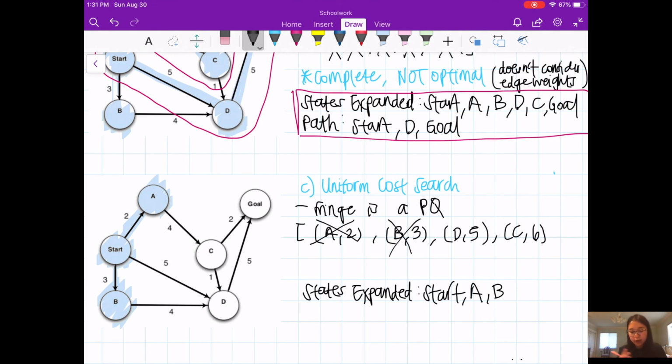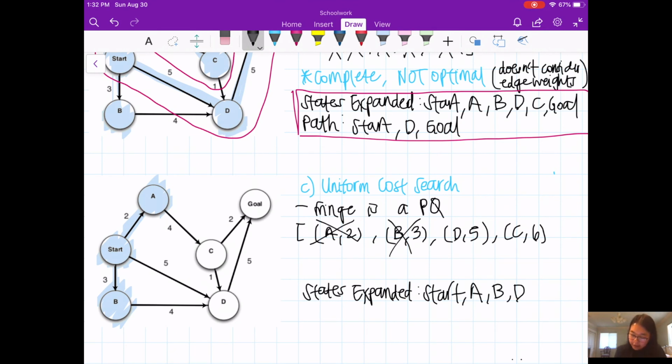With B, you technically add D to the queue, but D is already there. So what you need to do is compare the weights and see if you can update with a smaller value. Here you can see 4 plus 3 is 7, which is greater than 5, so no updating is necessary.